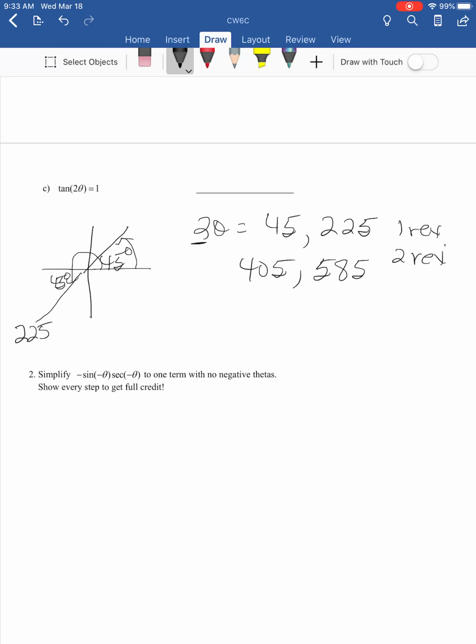We want 1 theta. So to get theta by itself, I must divide by 2. So 45 divided by 2 is 22.5. And 225 divided by 2 is 112.5. 405 divided by 2 is 202.5. And 112.5 divided by 2,